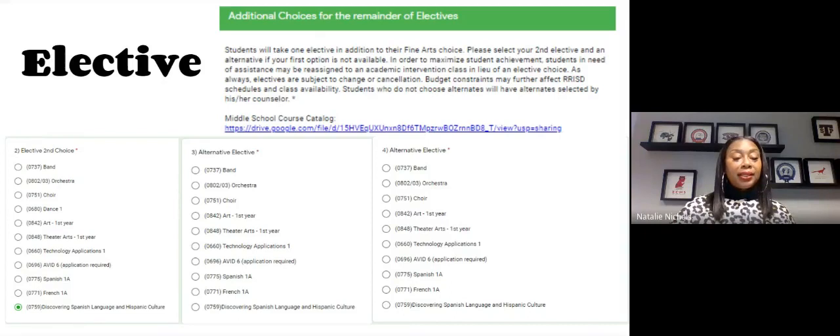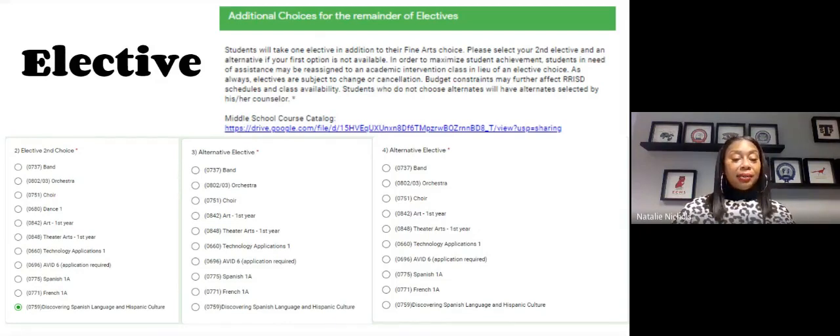In our technology application class, they have Microsoft Office, and you learn all the different applications in there. It's not just a matter of typing in Word. You learn the full range of what that program can do. They have Excel, Photoshop, all of those different things. And you go through all of the different programs, where you get skills as far as how to navigate those programs at a higher level.